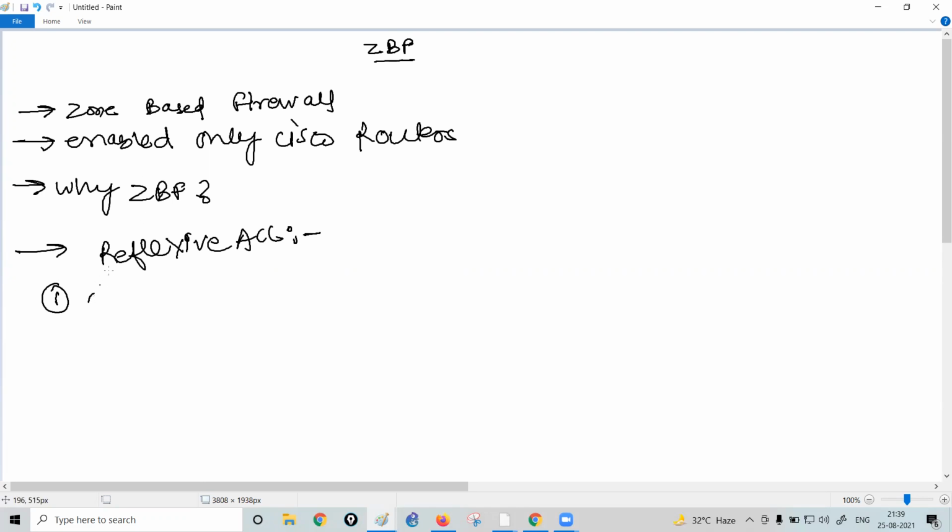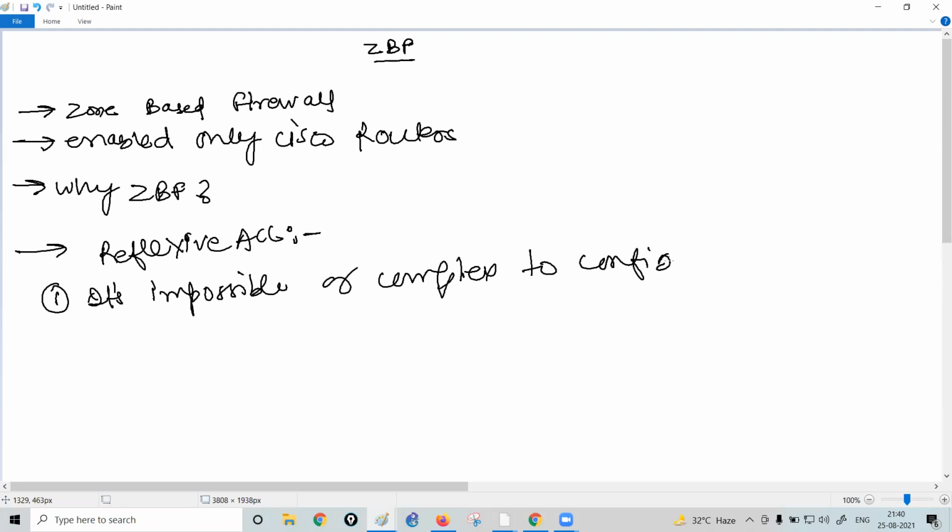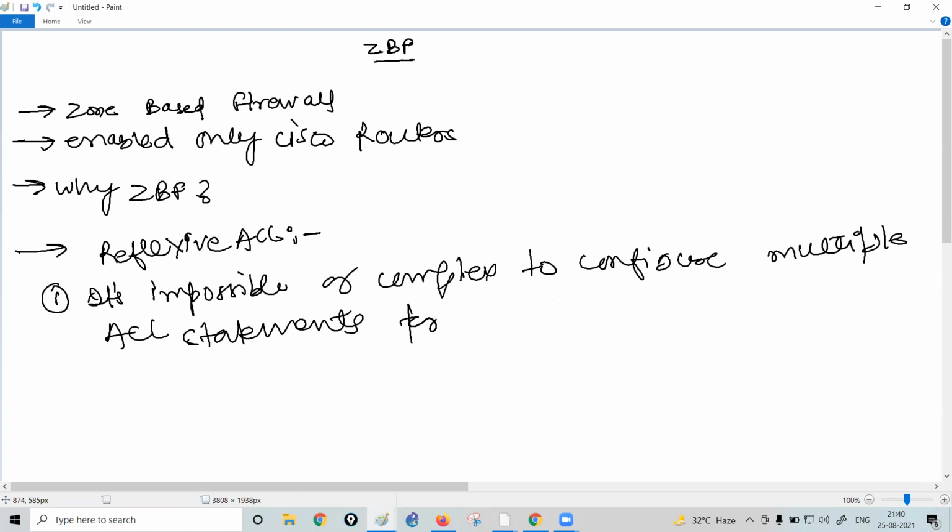The first one was, while we are creating the ACL, it's impossible, or you can say it's complex, to configure multiple ACL statements for user traffic, right? That's what we learned in yesterday's class.